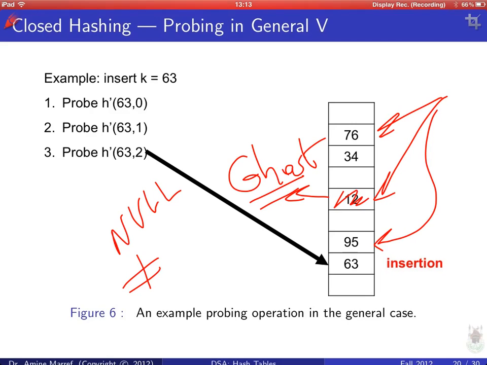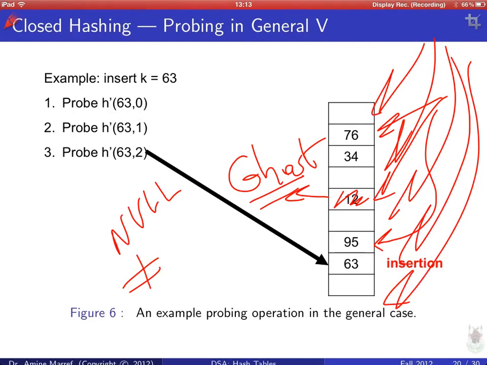So how do we compute the probing sequence? This is the key. This is the step number of the sequence. It equals